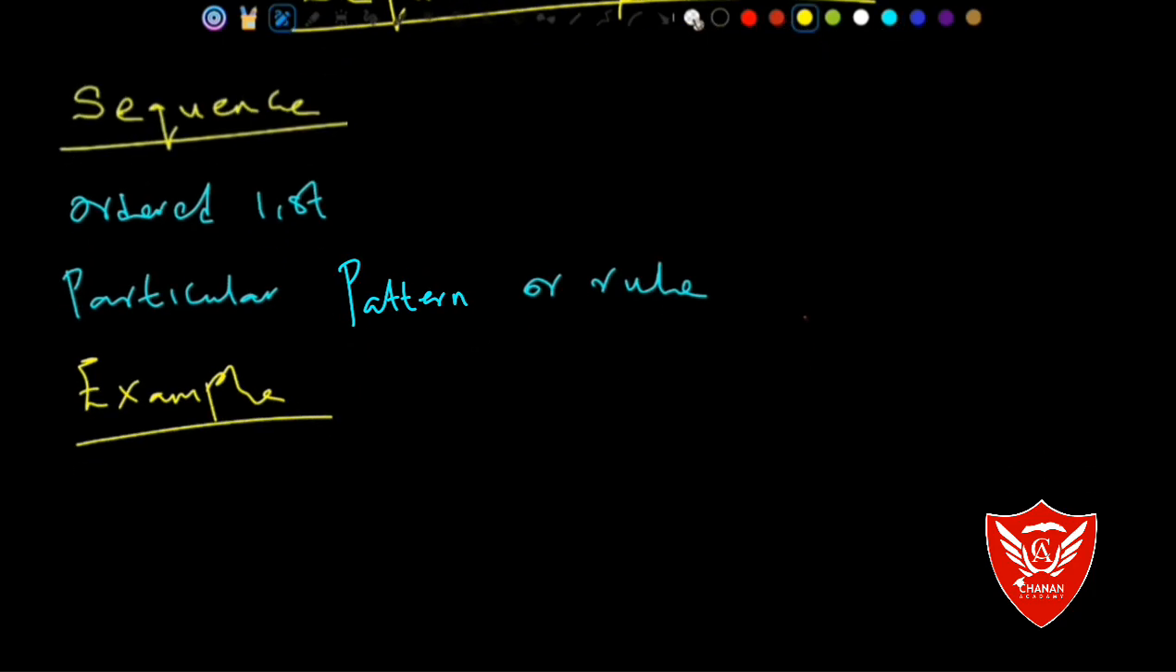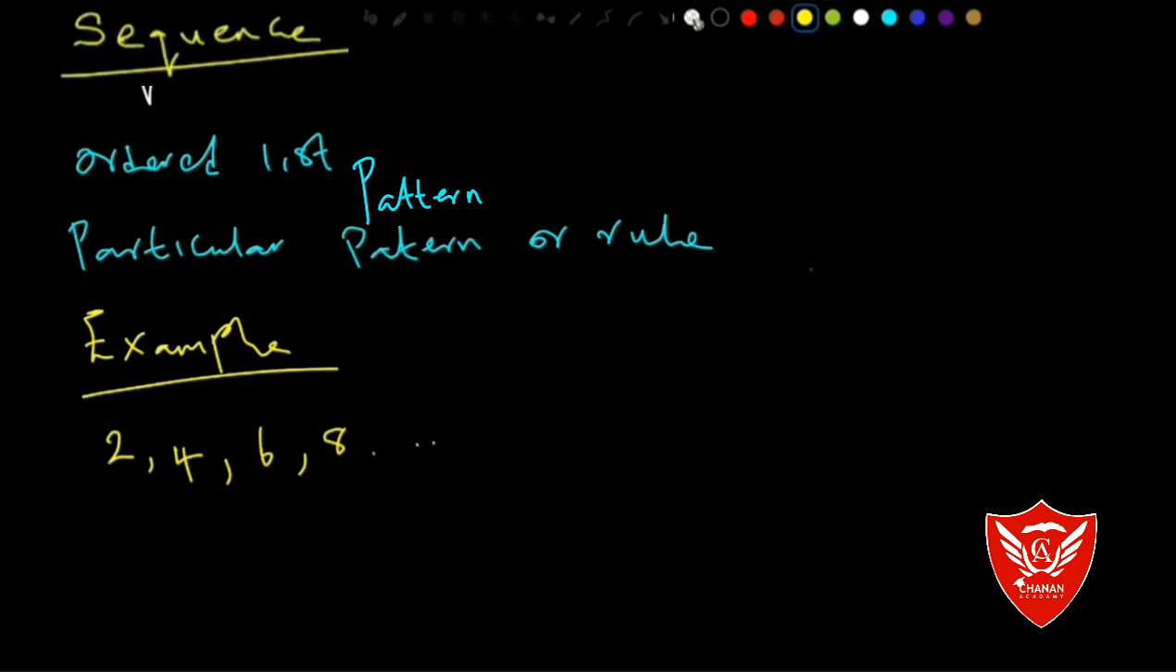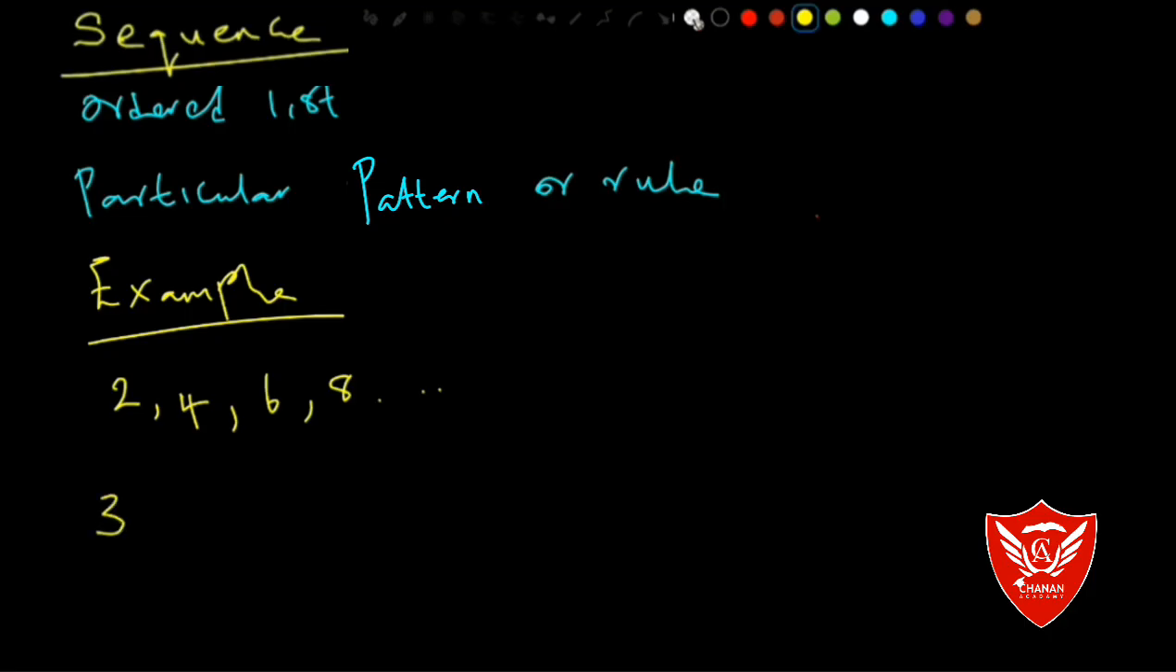For example, we can have 2, 4, 6, 8. Now, you see this, it follows a pattern and there is a rule. The rule is you add 2 to each number to get the next number. So if we add 2 to 4, we get 6. If we add 2 to 6, we have 8. All right. Also, we can have 3, 6,